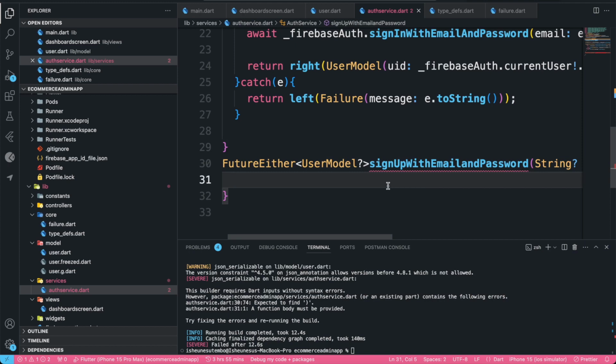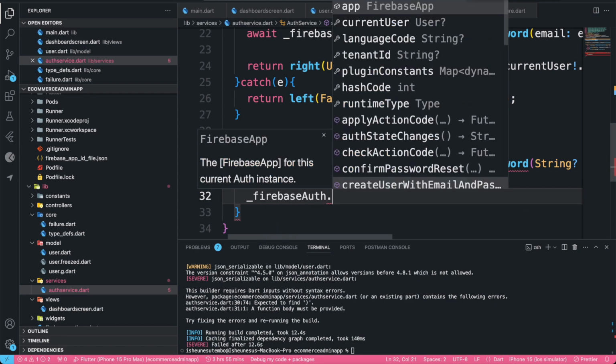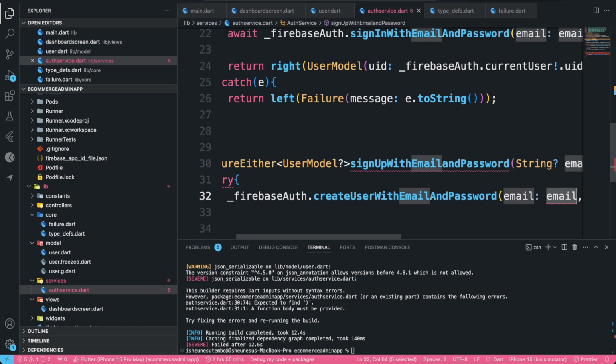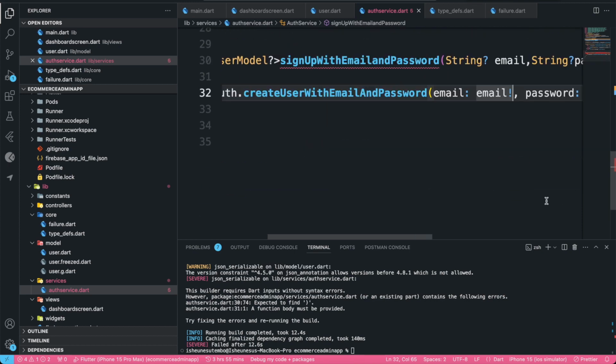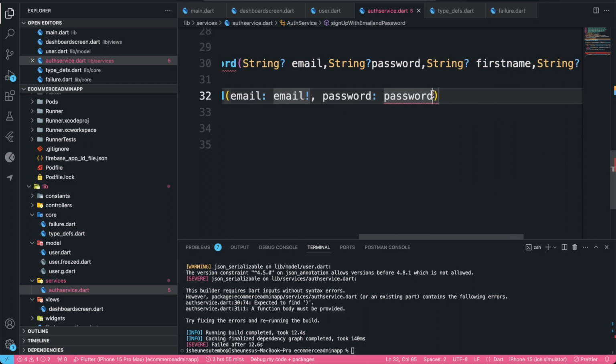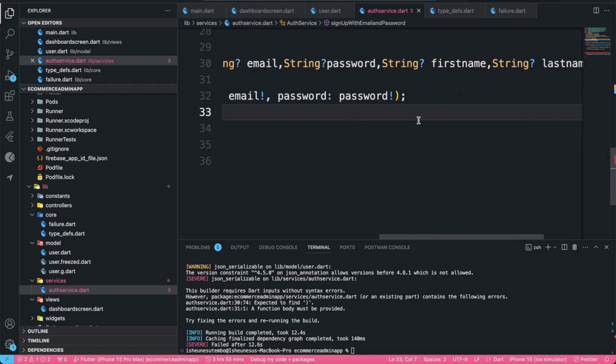So we're just going to run a try catch block. FirebaseAuth.createUserWithEmailAndPassword, just email, and then password, like this. And then we need to make sure we use then,